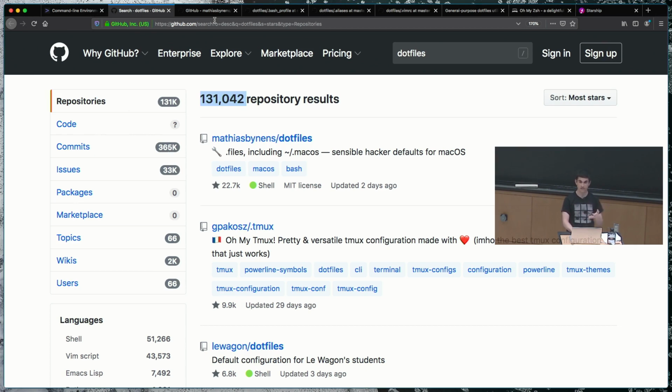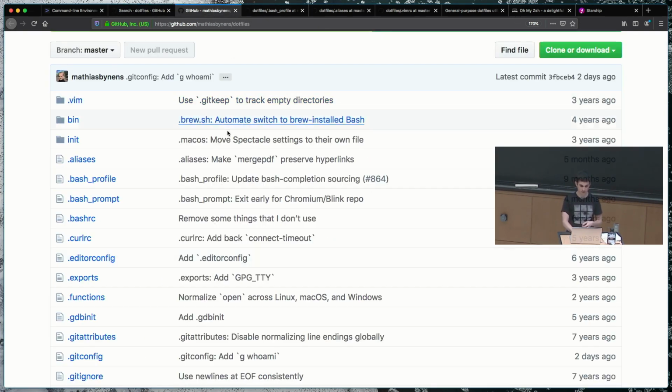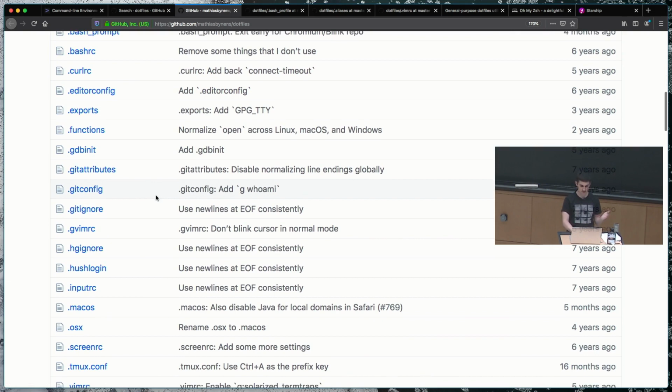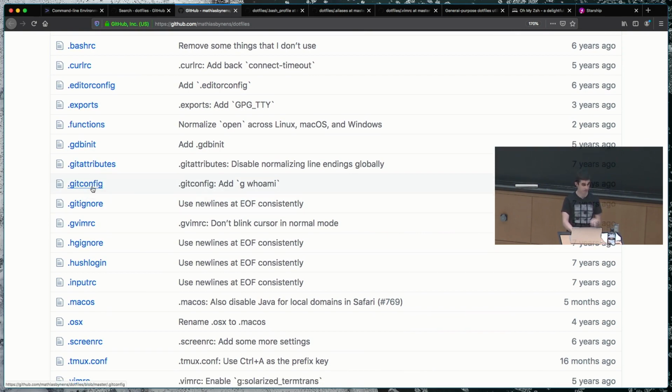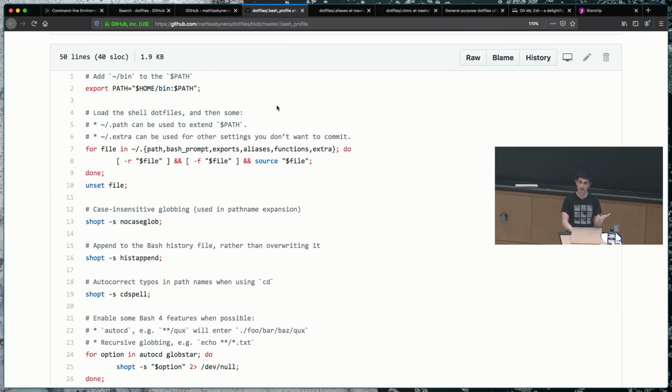The class instructors have also linked to our dotfiles, so if you really want to know how any part of our setup is working, you can go through it and try to figure it out. You can also feel free to ask us. If we go, for example, to this repository here, we can see that there are many files that you can configure. For example, there is one for Bash, and one for Git that will probably be covered in the version control lecture tomorrow. If we go, for example, to the Bash profile, which is a different form of what we saw in the bashrc,